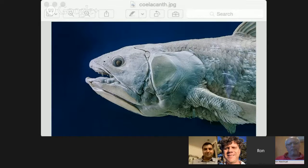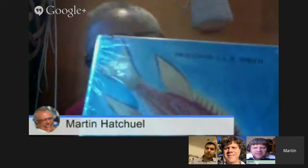Coelacanth, Latimeria chelumna, which was sort of indigenous to the Indian Ocean. The first one was found and described for science in 1938. It was found by fishermen off the Comores, and it was brought to the attention of a South African ichthyologist by the name of J.L.B. Smith, who went on to author